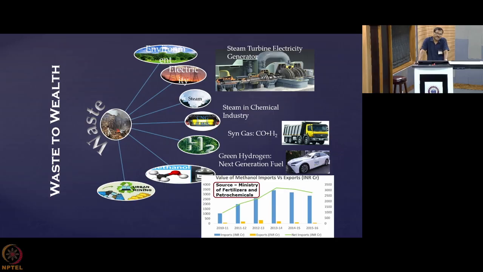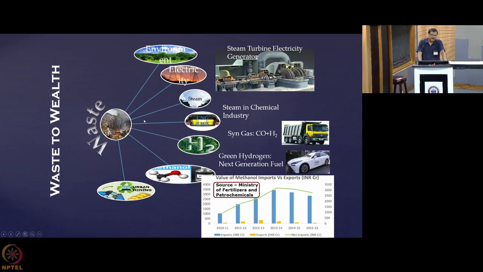So this plasma can be used for one thing, a clean and green environment. Then you can use it for electricity. This is because when you are burning waste, it has a huge store of energy. For example, it is nothing but carbon, hydrogen, nitrogen chains. So when you burn them in the high temperature plasma, most of them result in exothermic reactions, and because of plasma you get very vigorous reactions. That helps you to generate a huge amount of energy from the waste itself, and that energy you can use to generate steam which can rotate a turbine and produce electricity.